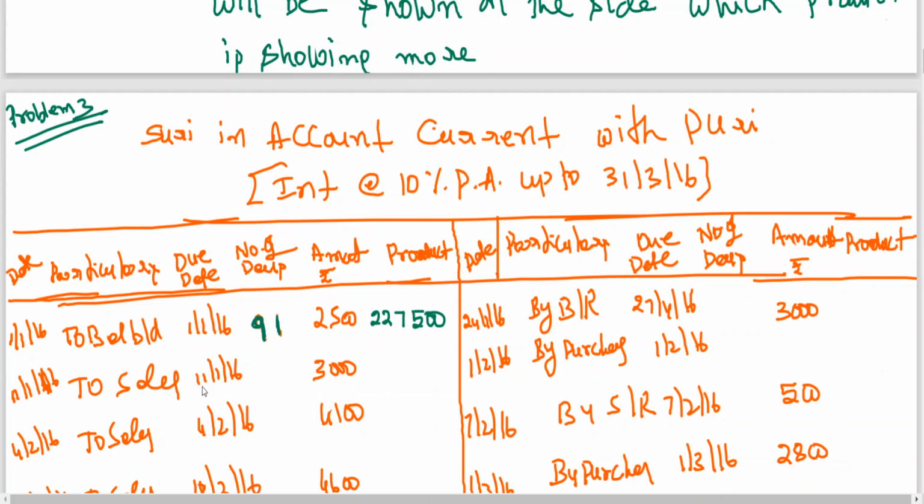Let me calculate 11th January. The 11th day should not be included for other transactions. As usual, we have done so many problems. January 31, 31 minus 11, 20 days. January 20, February leap year 29, because 2016 is a leap year, no? And March 31, is coming to 80 days. Two lakhs 40,000.